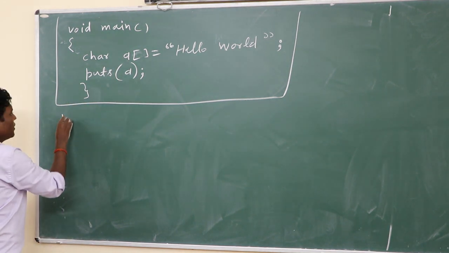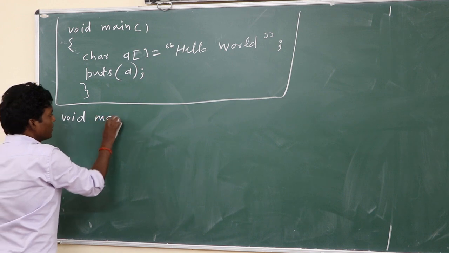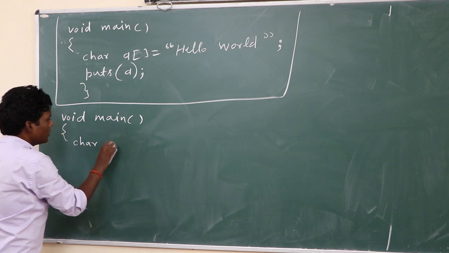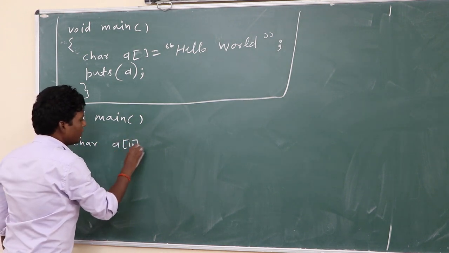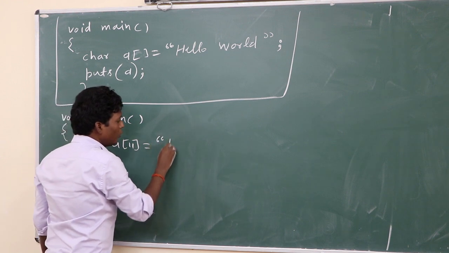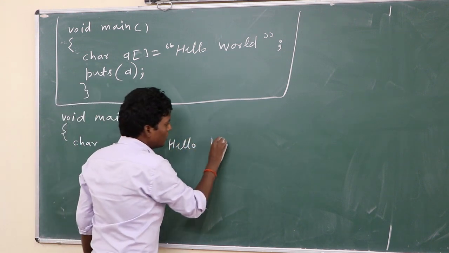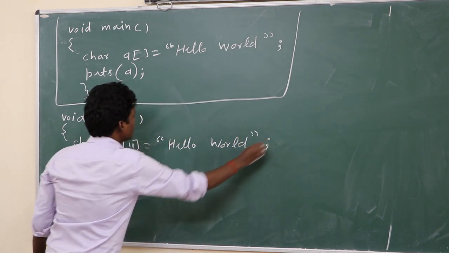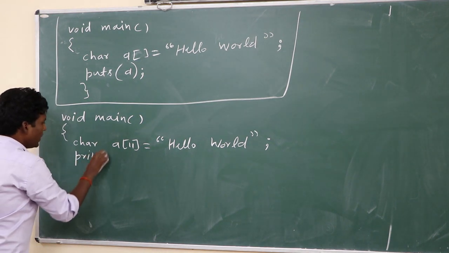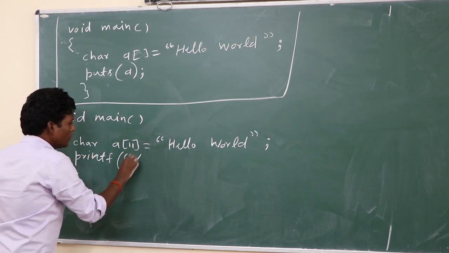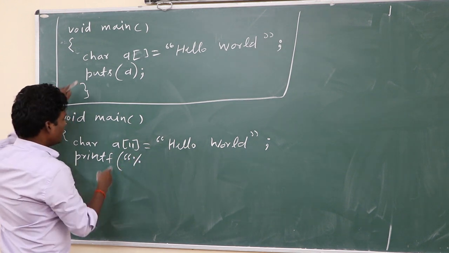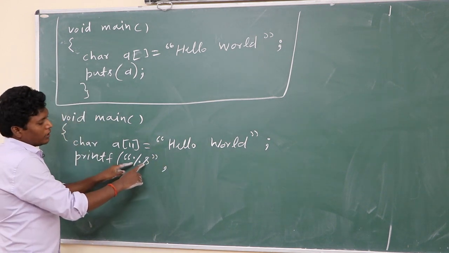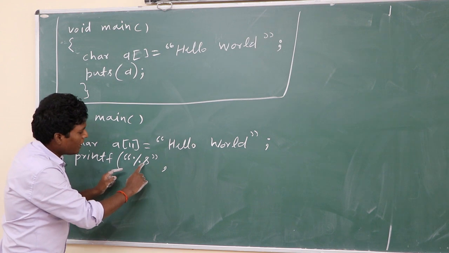Okay, next question is void main, char a of 11 equal to "hello world". Okay class, this is initialization, and you can print a string by printf also. You can print by puts and you can also print by printf, by using the string format specifier %s,